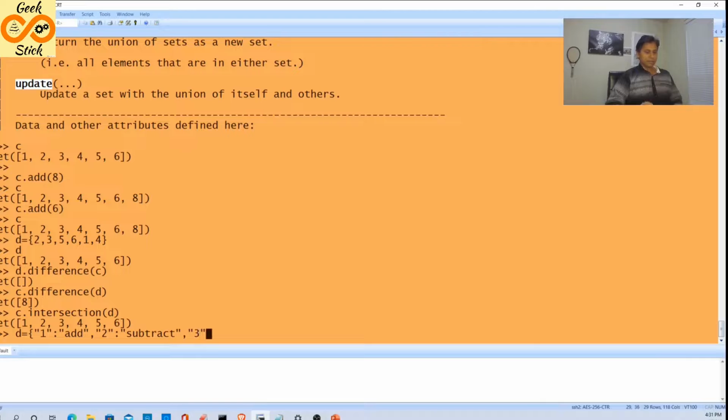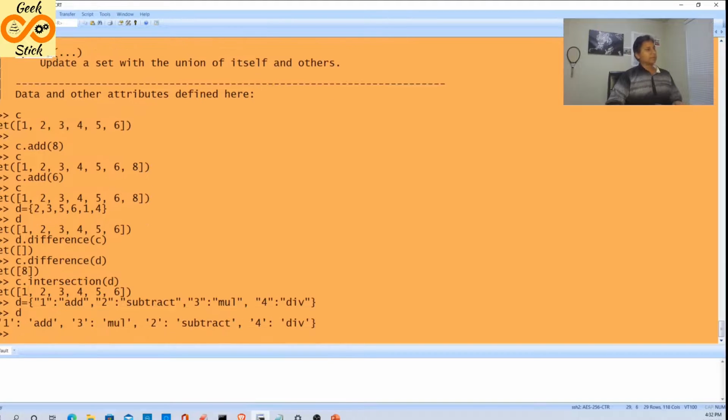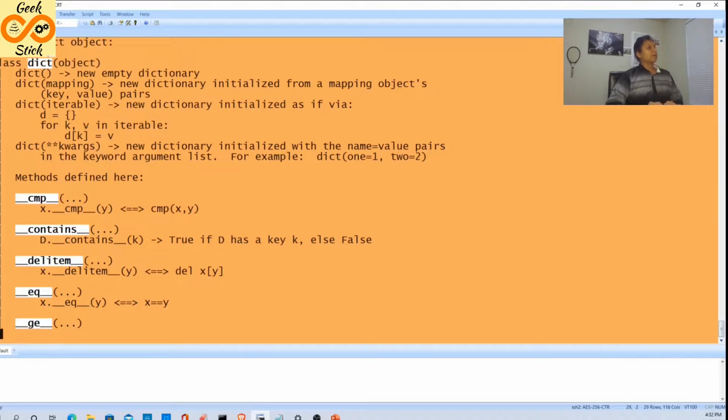Then 3 multiply. Division. Yes, I got it like this. Then with the help of D, or directly I can give a dictionary. So these are some values we got.